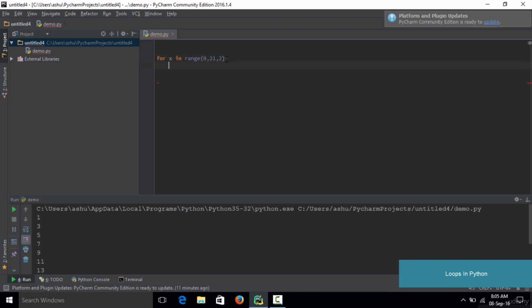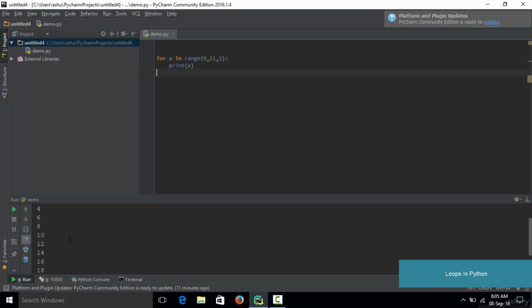So give a colon here and simply print out the value of x. So if you save the code and if you run this, as you could see, you have a list of all the even numbers from 0